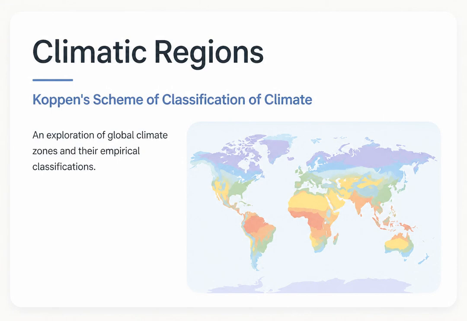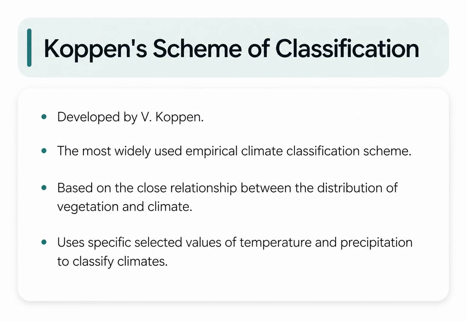Today, we are going to explore one of the most fundamental concepts in physical geography, Koppen's scheme of classification of climate. The most widely used classification of climate was developed by a climatologist named V. Koppen. He noticed a very close relationship between the distribution of vegetation and the climate of a region. By selecting specific average values of temperature and precipitation, he created an empirical classification scheme that maps out these climatic